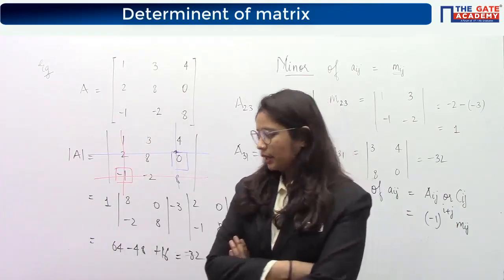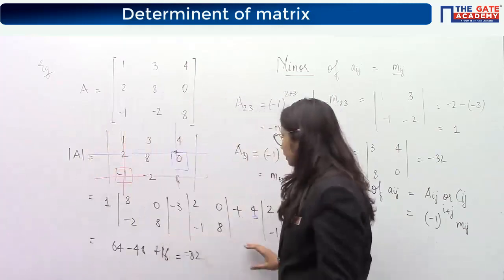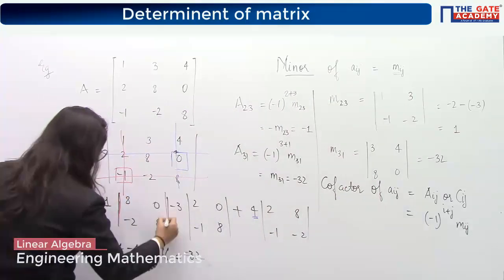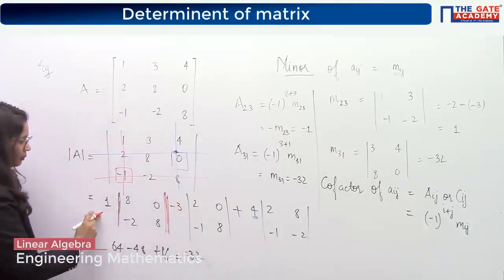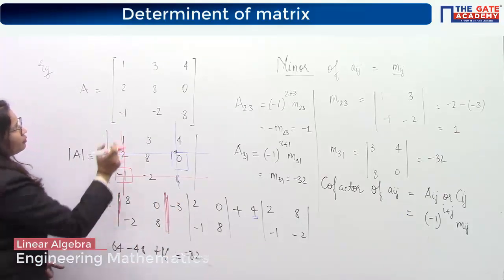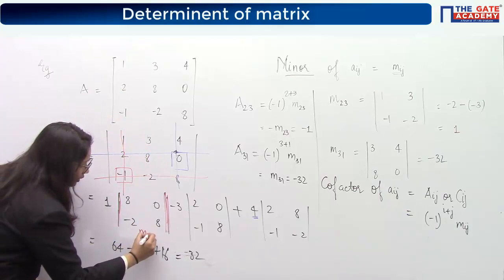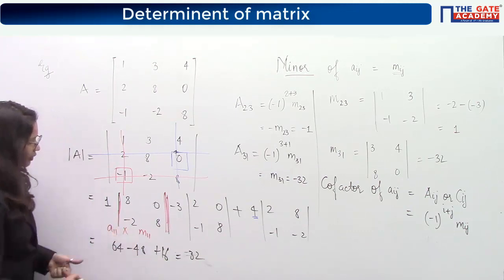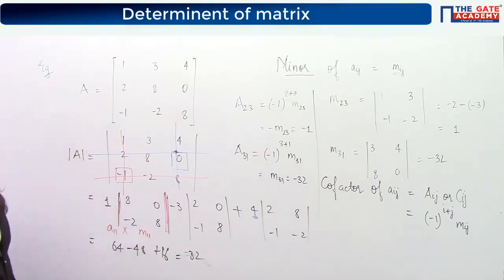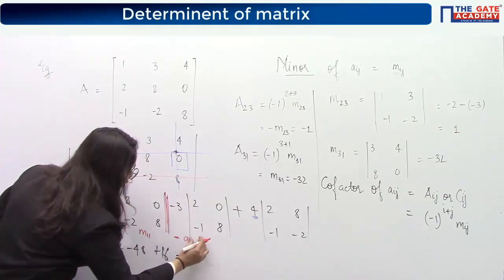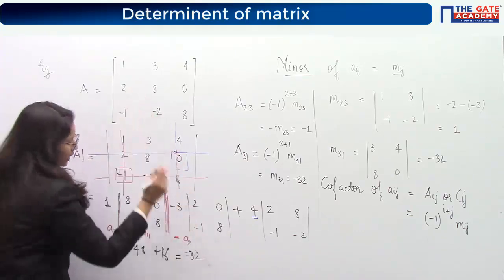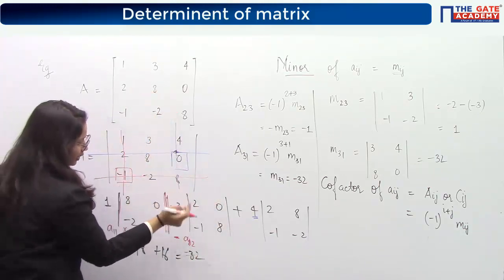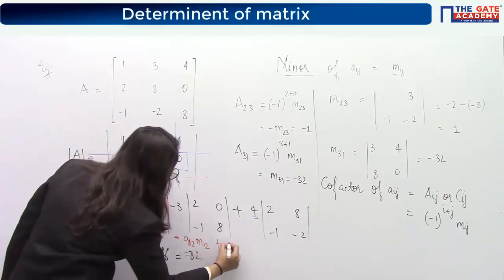What it is saying is that if you look carefully at what I have written over here, this first determinant value, I am marking it by red, is nothing but the minor of this one. Minor of this one means what? M11. Yes or no? This is the element A11, and if you multiply it with its minor, you get this determinant. Similarly, there is a negative sign and then the second element, that is A12. And this determinant, 2, 0, -1 and 8, is nothing but M12. Similarly, it is A13,